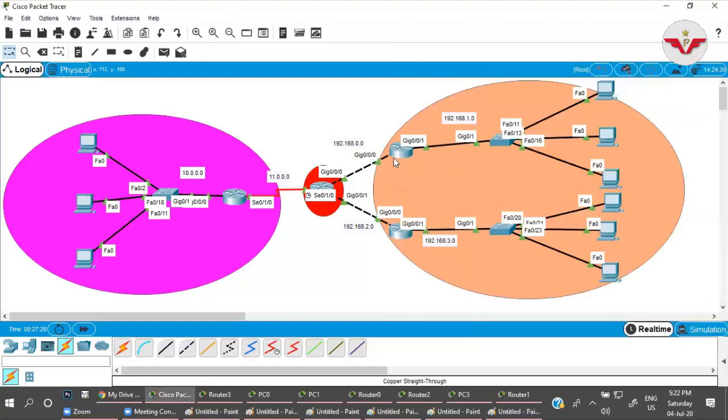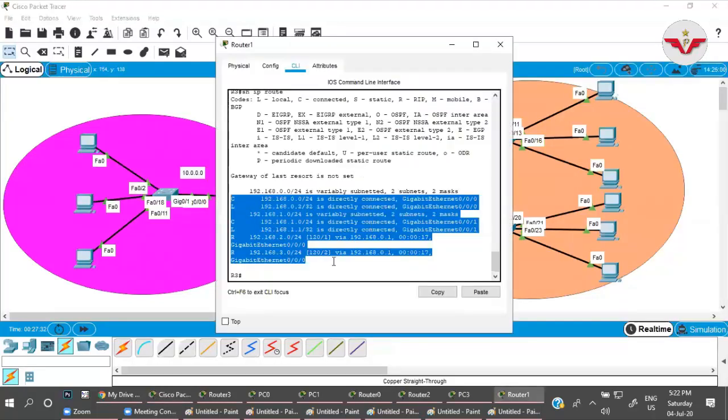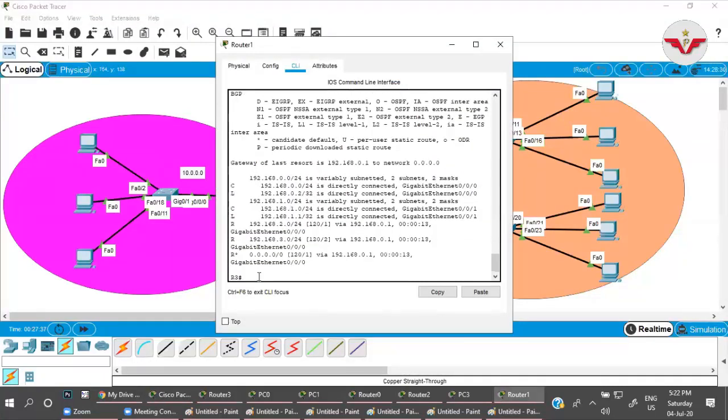Done. Now let us check this router. Earlier we had this routing protocol. Now let us check once again. Show IP route. There's another entry coming here with R star. The star indicates what? Candidate default, right? So I don't have any information about that, but this router has the entry that if any unknown packet comes to this network which is not known to this router, it will just forward that packet to 0.1, and 0.1 will take care of that network. Now let us try.